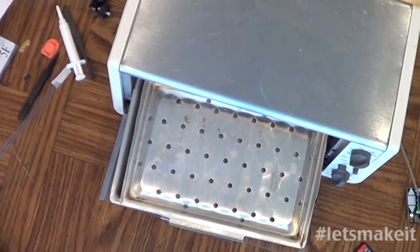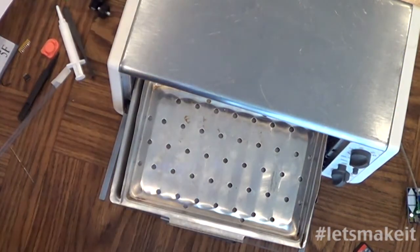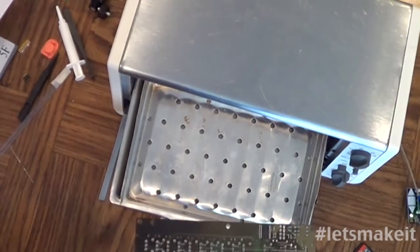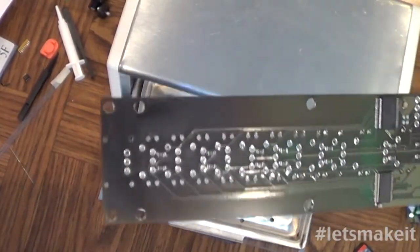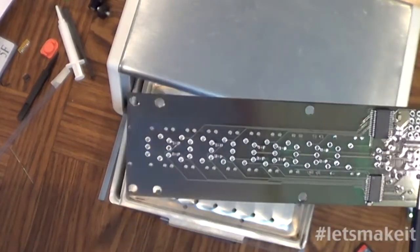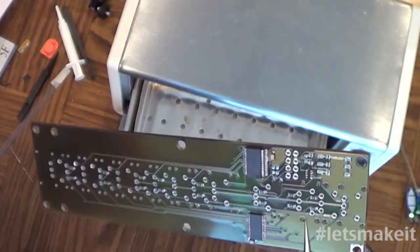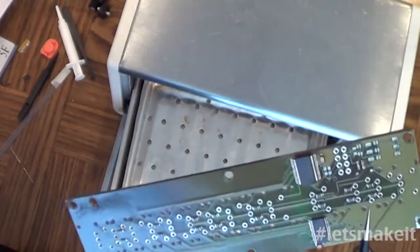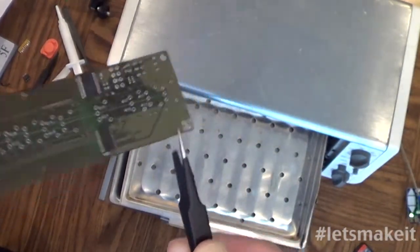So as you can probably tell, let me see if I can show this to you. Still a little warm. But if you look at this, let me see what I'm showing you here. You can probably tell it got a little baked. So it wasn't an oven, but look how dark it got. So that's definitely way too much heat. And the profile that came with this reflow thing cannot be right. I don't know if the board's even any good anymore. I'll check it and see, but it's pretty well baked. It's solid again, so